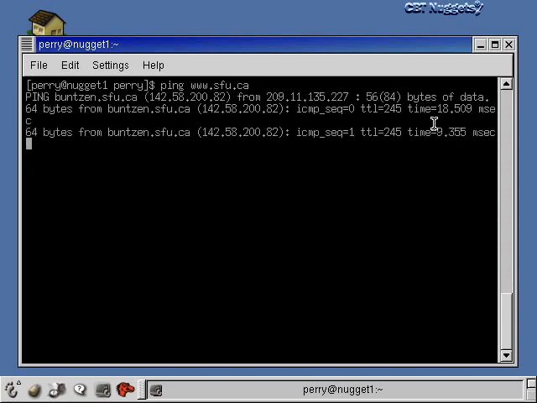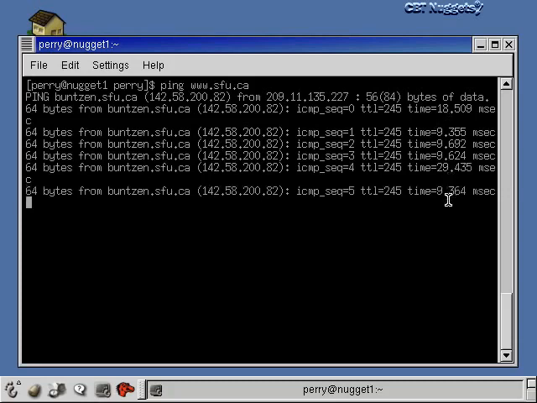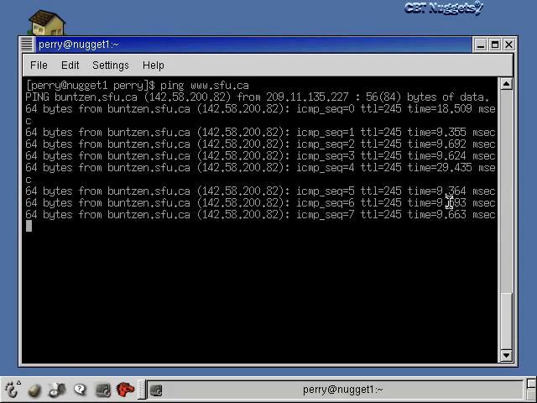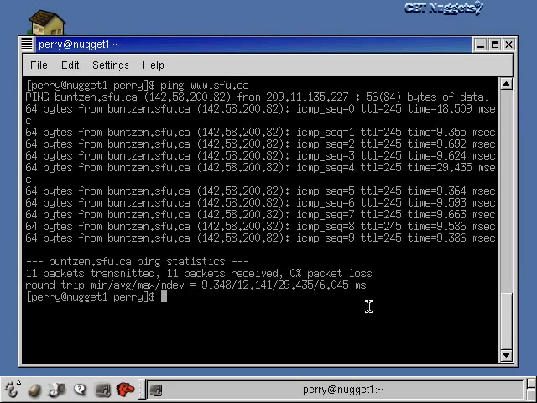So I ping that computer, and over here you can see the amount of time that it takes for the packets to get to me. A lot of them are around 10 milliseconds. There's one in there that's like 30. I'm just going to hit Control-C now. And now we get a summary of what happened. 11 were transmitted, 11 were received, none were lost. And then we get a minimum round-trip time, average, and a maximum, and also a deviation in that. So that's just some statistical information on the connection.